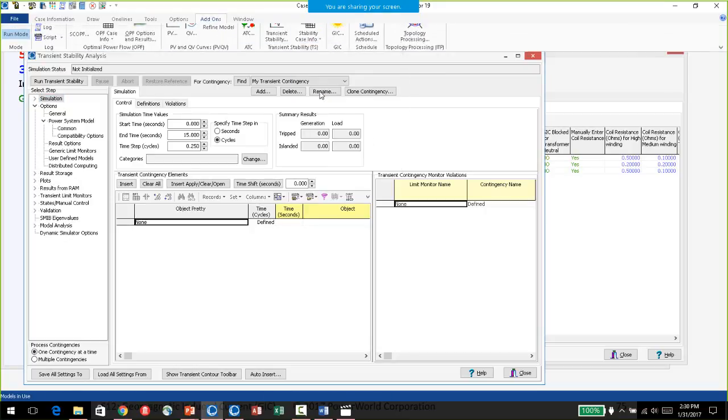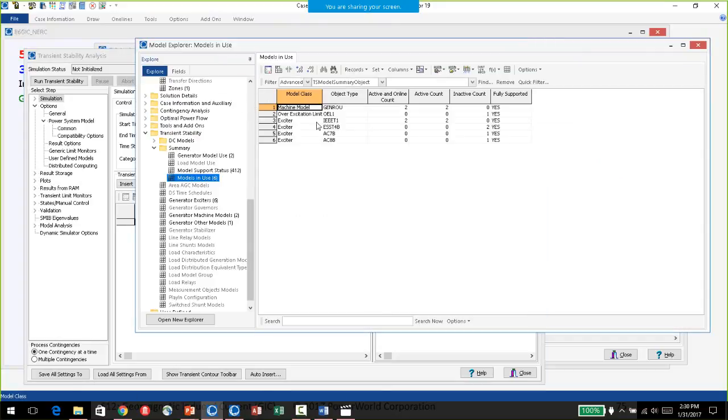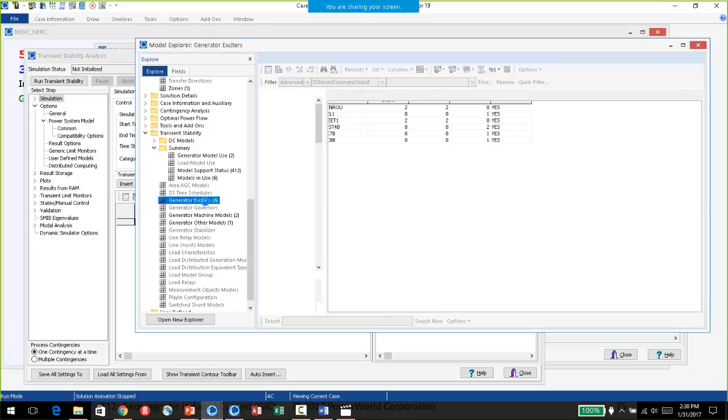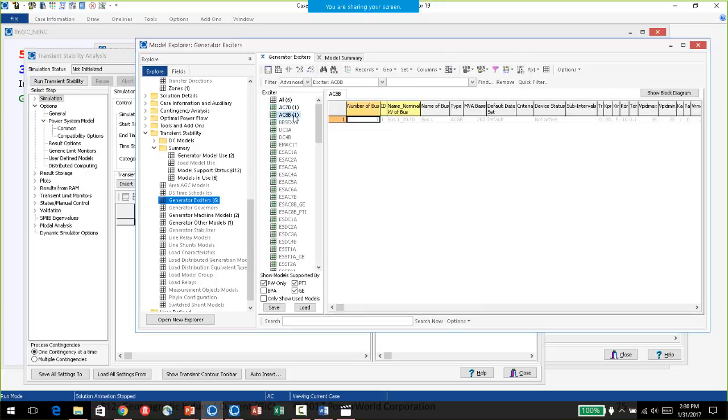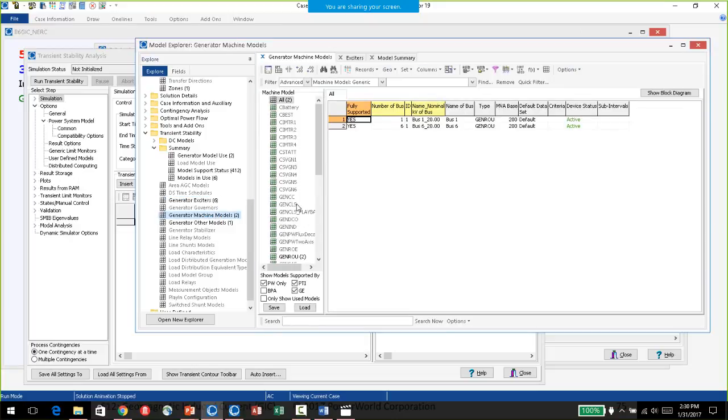If I go into my model explorer, I can see I've got some IEEE T1 exciters that are the active ones for the two generators, and then there are some other exciters that we added in here, but they're not active, and you can see how those different exciter models with different parameters impact things. I'm not going to go into too much detail on that, but you can also see they have the GENROU machine model. So that's what's being applied.